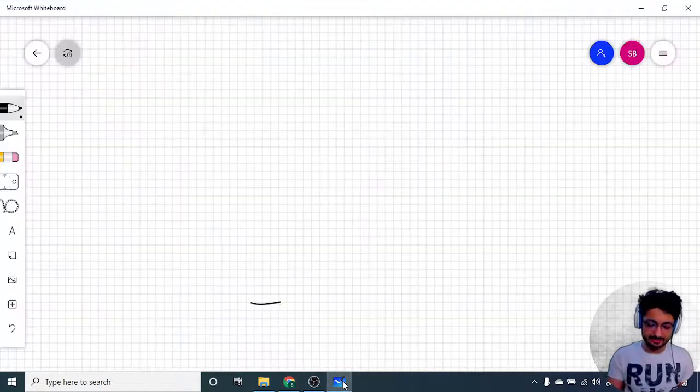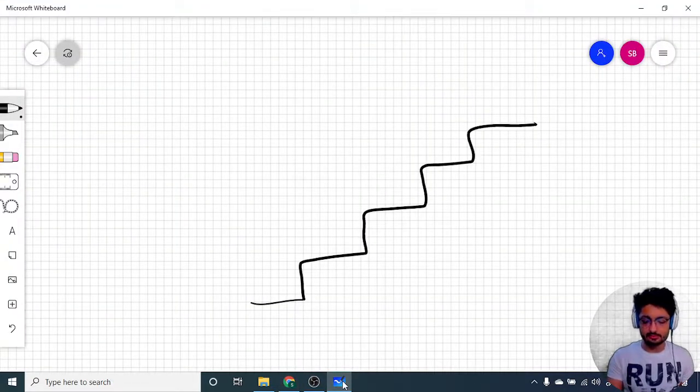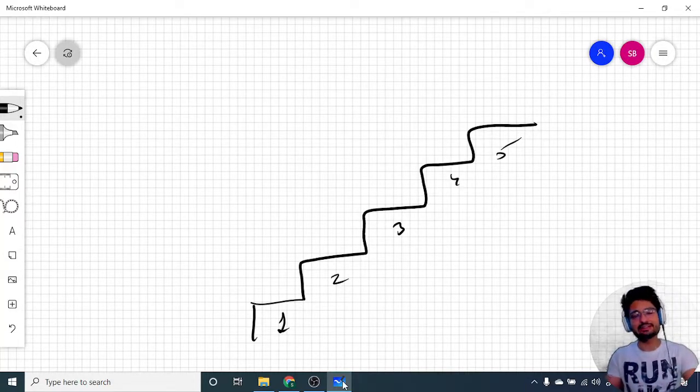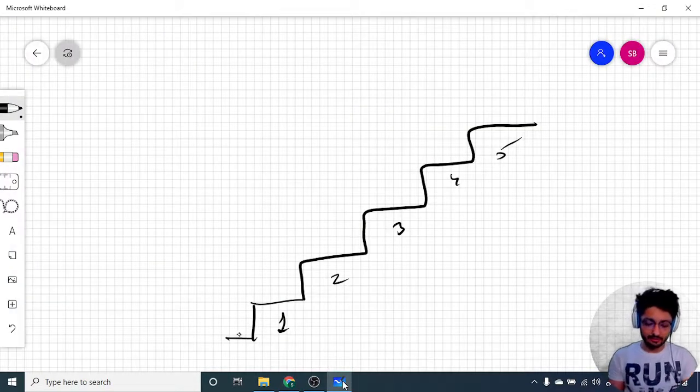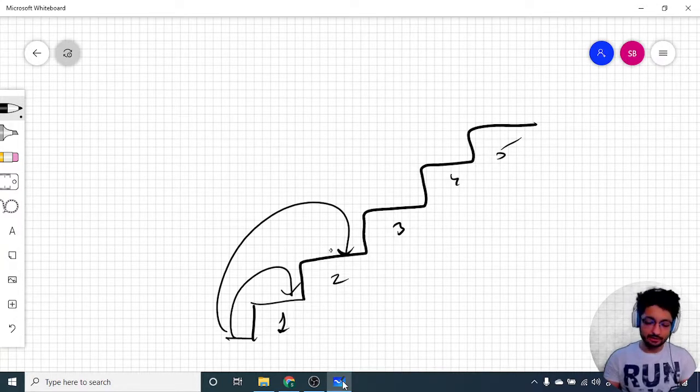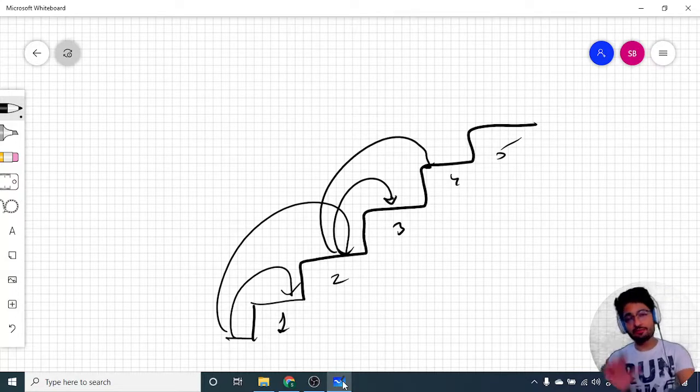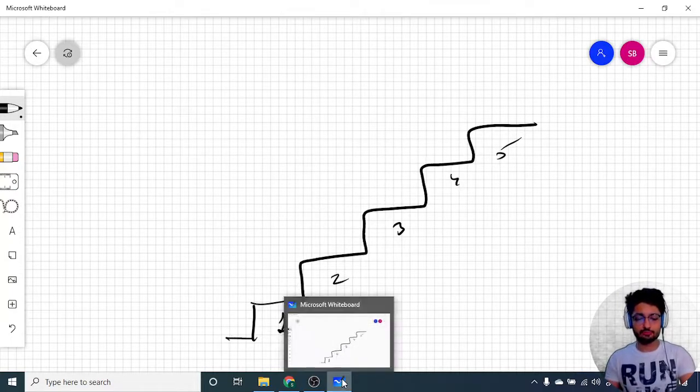So as you can see, it looks like this. So this is like 1, 2, 3, 4, 5. I have just taken 5 but it has n stairs. Cool. In each step you can either climb 1 or 2 steps. So if you are standing here, you can either go 1 step ahead or you can go 2 steps ahead. From that also you can go either 1 step ahead or 2 steps ahead. So for every stair you have 2 options. Cool. So let us remove this.